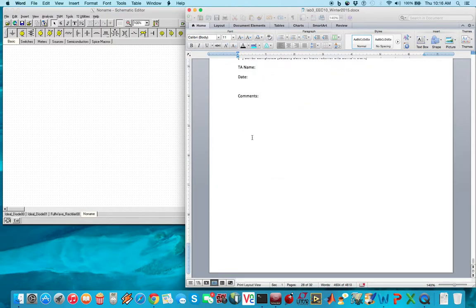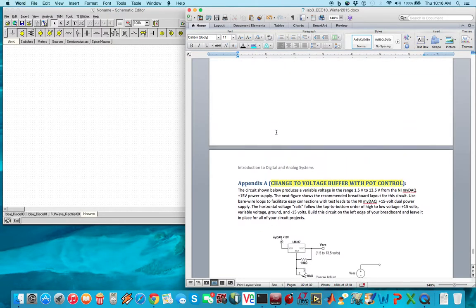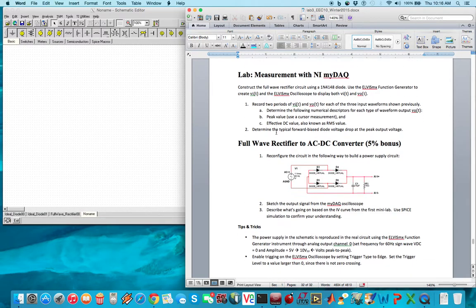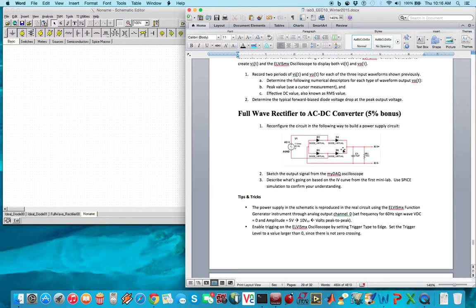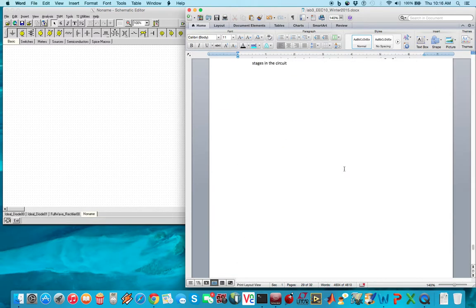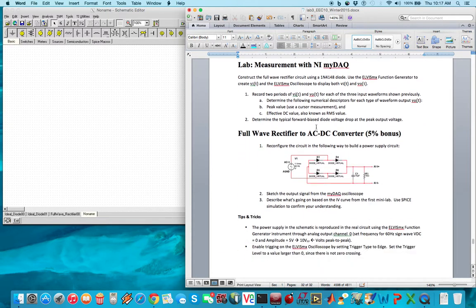Good morning, class. So today I'm going to show you how to do a time simulation for a full wave rectifier AC/DC converter. One thing, bonus: complete AC/DC converter. Forgot to add that. Okay, so basically what we have here is a full wave rectifier but with a cap and a